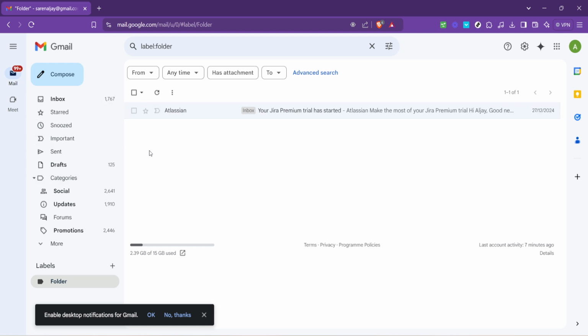You've successfully created a label and organized emails under it. With these simple steps, you can create as many labels as you need, helping keep your inbox neat and tidy. You can even nest labels within each other for a hierarchical organization system, adjusting these preferences in the Labels settings.